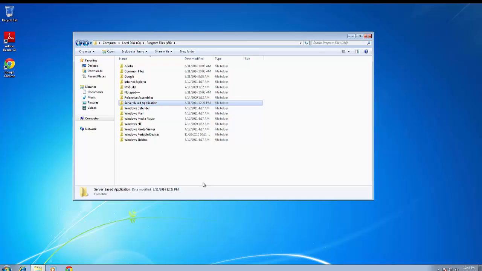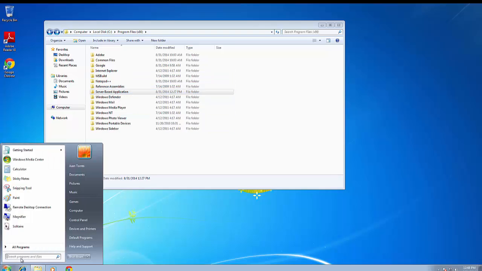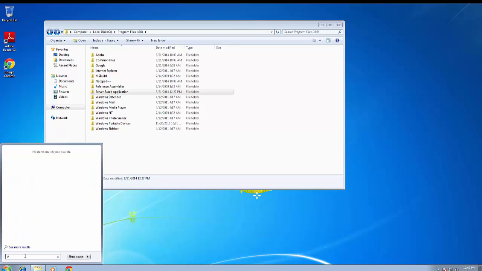Okay, so the way you would do that is, let's say, for example, this is my local disk. Let's say that I have the application installed on my computer, named server-based application. Well, if this is the working computer, you're going to backdoor into the share of that particular client machine and copy over the file. The way you do this is you type in whack whack and then the name